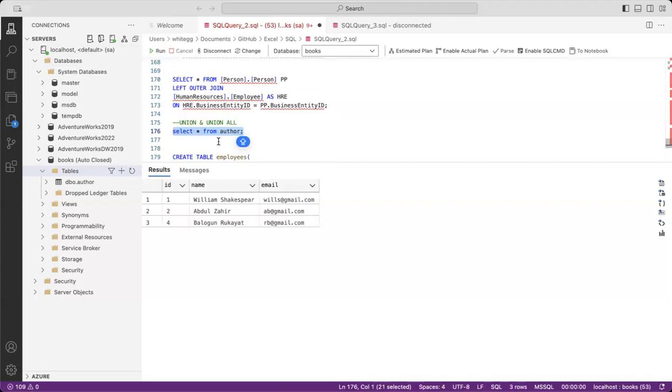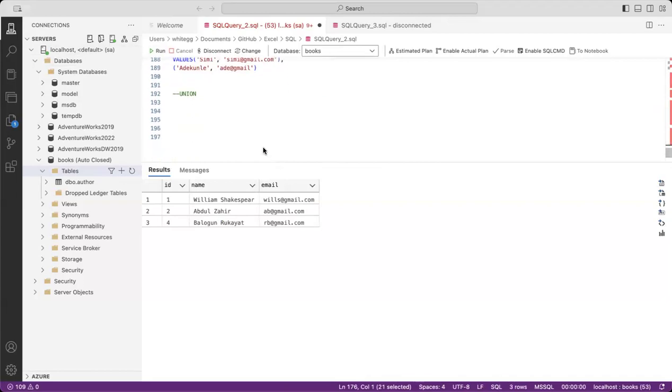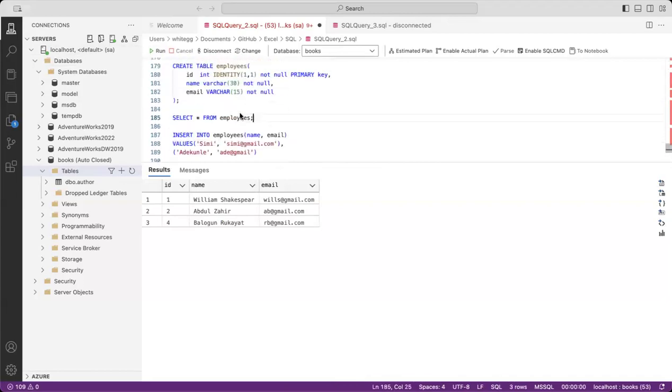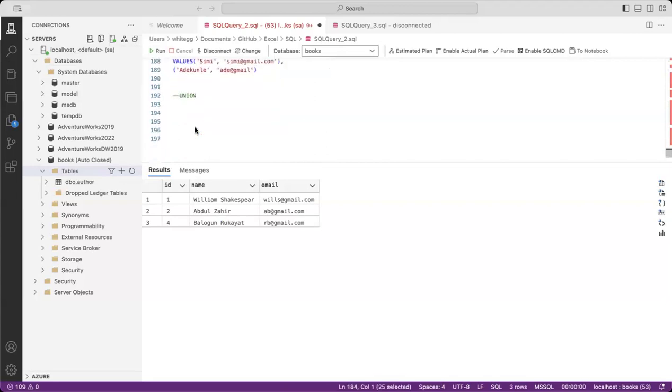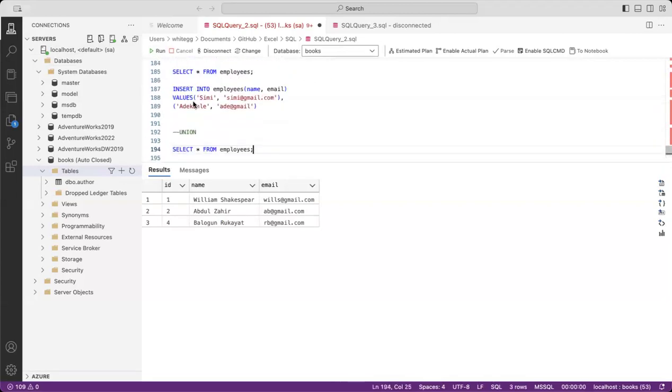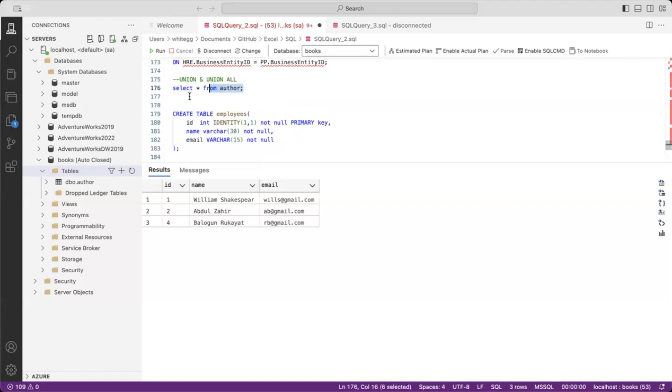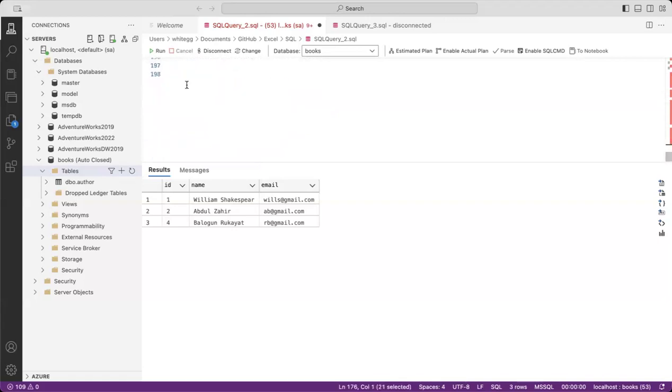Okay. So now we're going to use union to join these two entries together. So I'm just going to copy this, Ctrl C, paste it right here, copy the other one, and then paste it just right next to it. And I'm going to say union. So if I run this now,